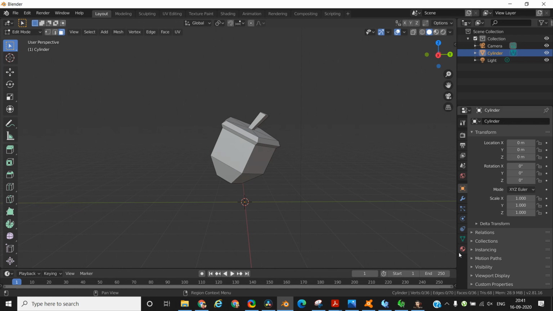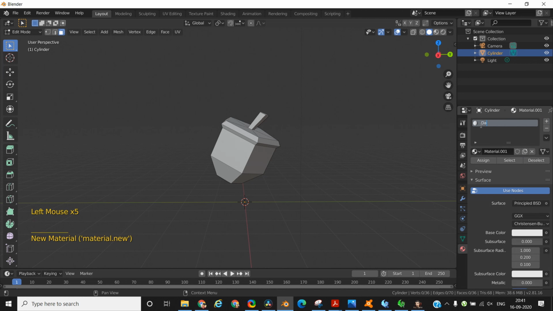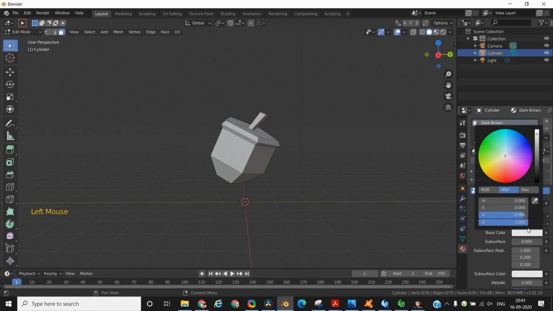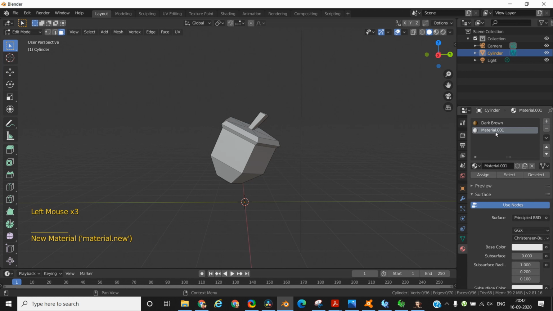To color, you first need to create the colors. So go into this material section. As you can see, that material properties, this particular section on the right hand side, and create 3 new materials for yourself: dark brown, pastel yellow and black. Add, give it a name so that you don't forget later on, and assign the color from here in the palette. You can reduce the darkness, it becomes dark brown. Now you need to add another one, this one pastel yellow.